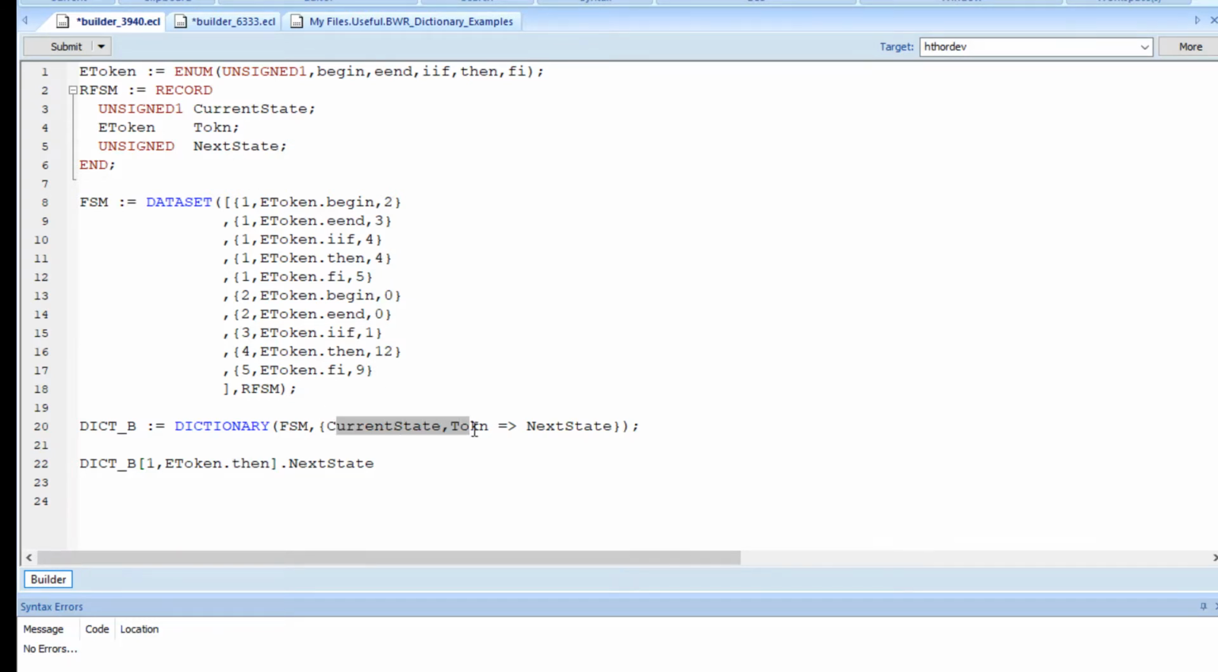So here I've got 2 key terms now, and we could have 3 or 4 key terms, doesn't matter, and you've got next state there. So if I submit that, I should return 4. Yeah, and of course I could just start getting daft, and I could do dict underscore b over square brackets. So that's 4. So if I give it another then again,